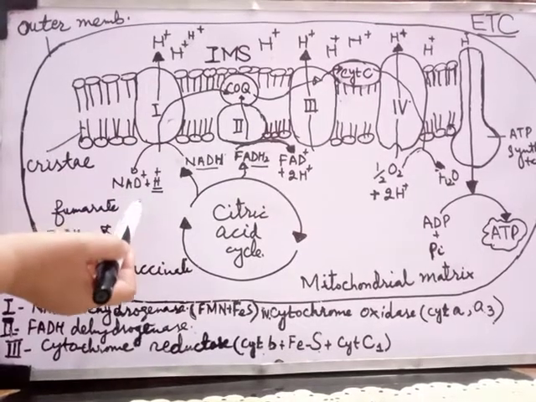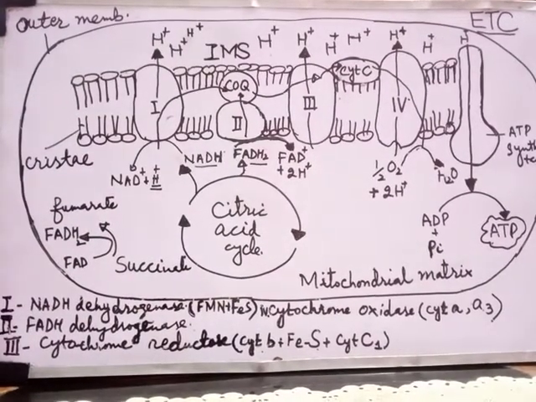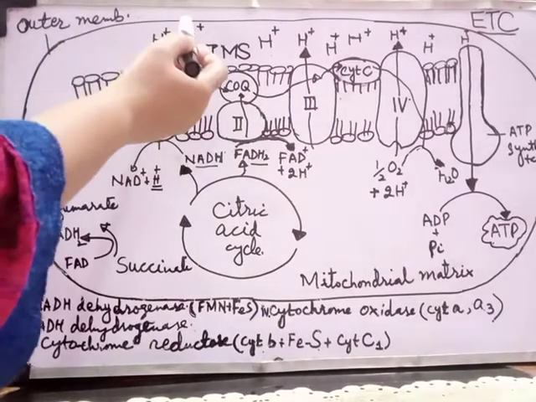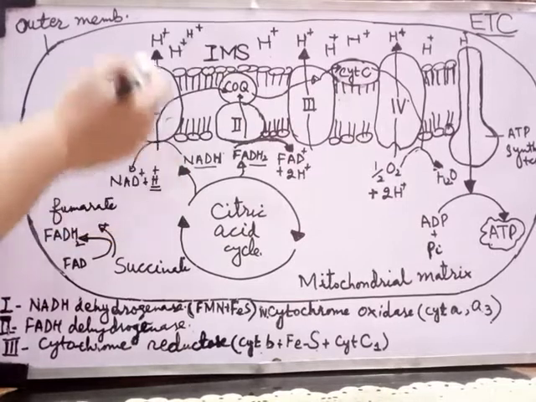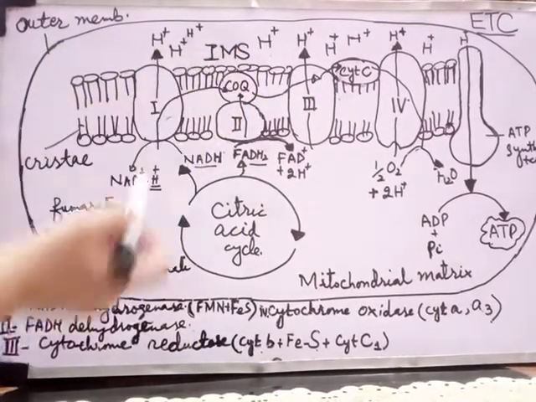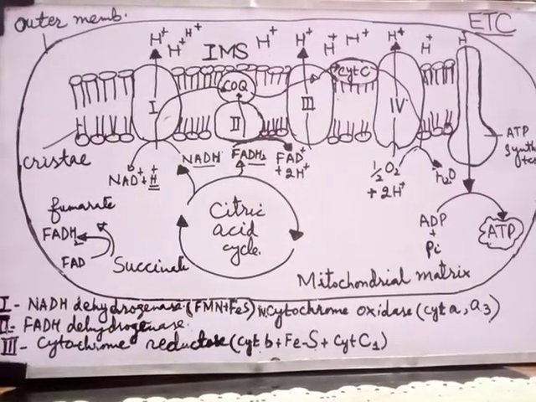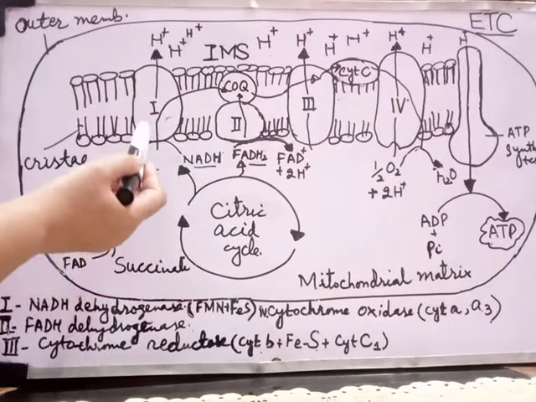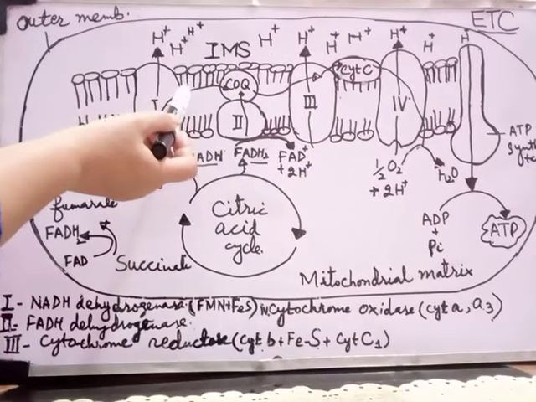Hydrogen ions from the mitochondrial matrix to that of the intermembrane space. Now you can see that this is the outer membrane of mitochondria, this is the inner membrane or cristae, and this is a space between two membranes which is called the intermembrane space, and this whole is called the mitochondrial matrix. So protons or hydrogen ions will be transported by trapping that energy